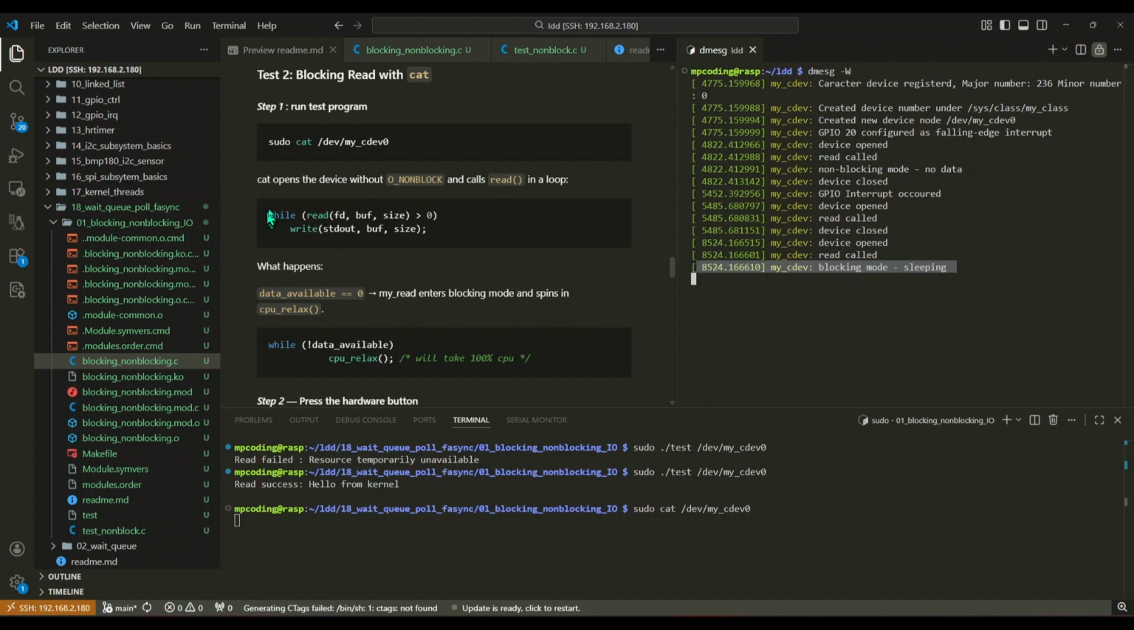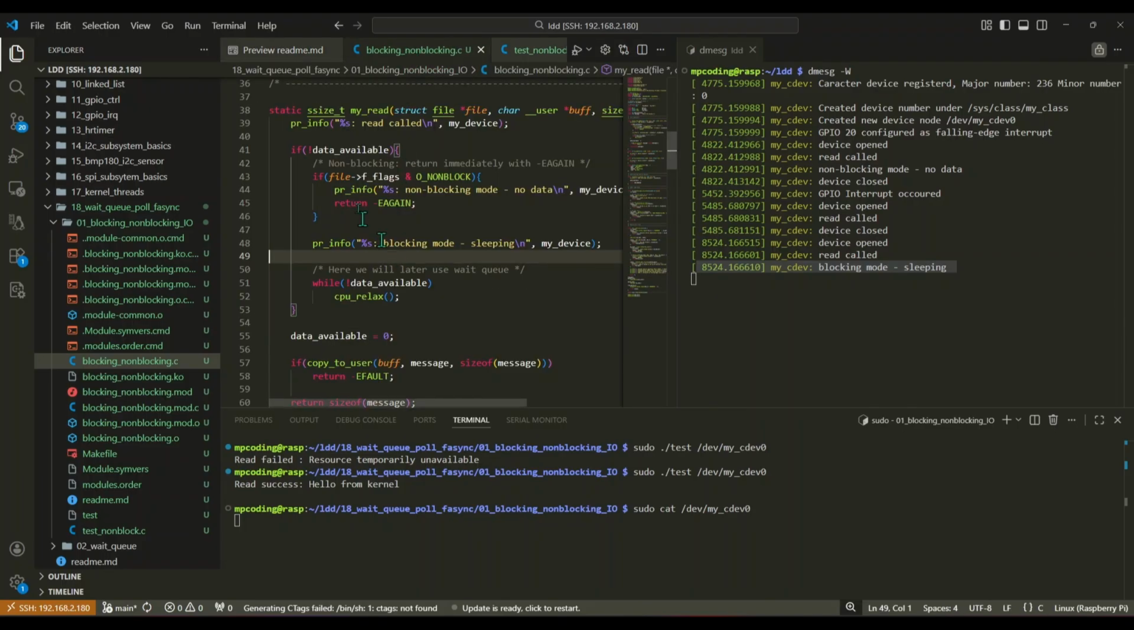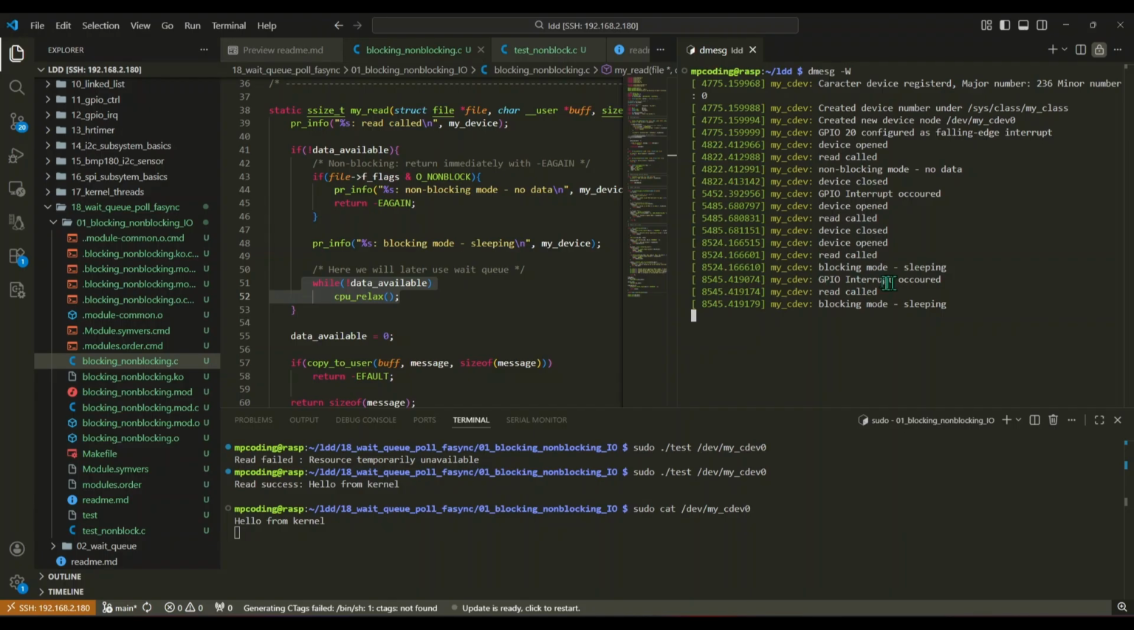Now let's look at what happens inside the driver. Since data_available is 0, the my_read function enters the blocking path and starts spinning in the cpu_relax loop. Now I press the button. The GPIO interrupt service routine runs and sets data_available to 1. At that moment, the busy wait loop exits. The driver resets data_available back to 0, copies the message to user space, and the cat command prints